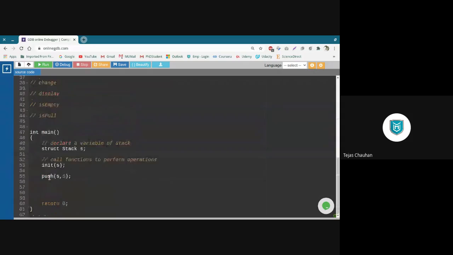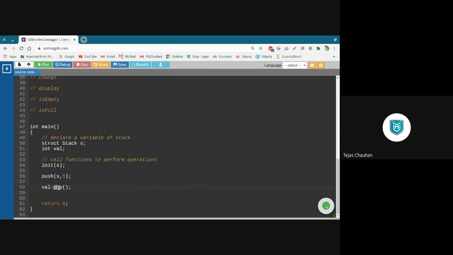Now, once I push one value in the stack, I can pop it also. If I have inserted value 5, then I can pop it, so I can have that value back. So pop is going to return one value. So let me have an integer variable also, where I can store the popped value.